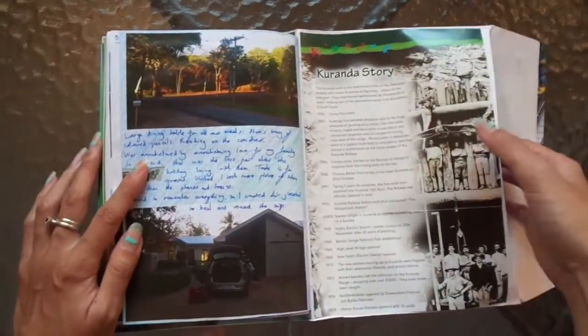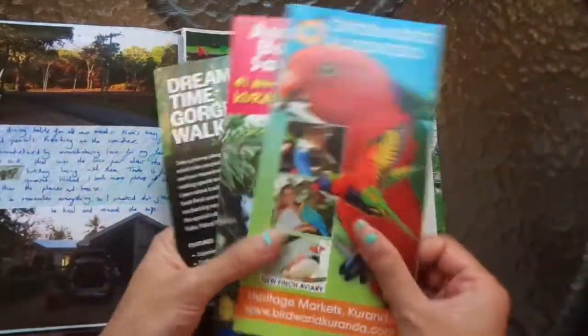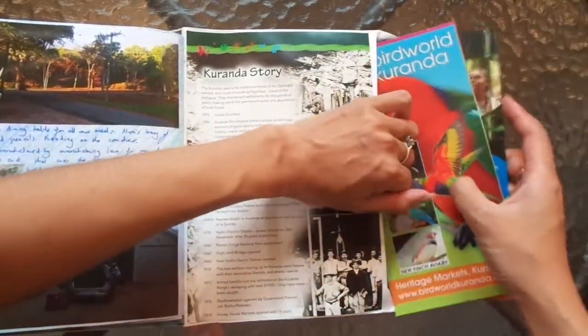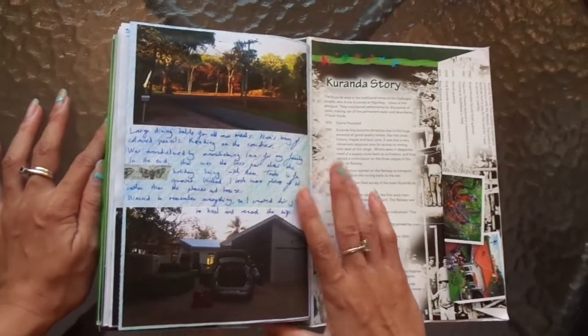And then in the back pocket here, because it's an envelope, as you can see, that's the flap, I just put in the original brochures of the other places, so Bird World, Butterfly Sanctuary, and Mossman Gorge. So it is done! Yay! Everything's in it, all the photos, all my writing, and the one message or insight that I got